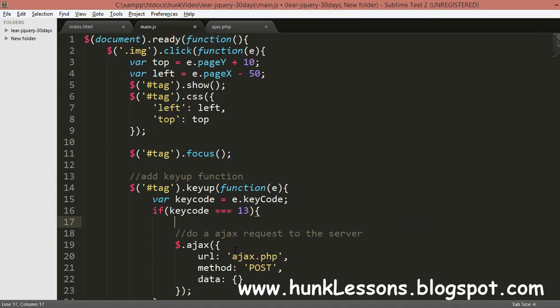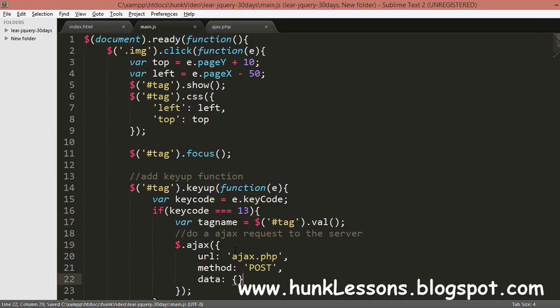For this I will create a variable, data tag name. Tag name is equal to $tag.val. This will give us the value.